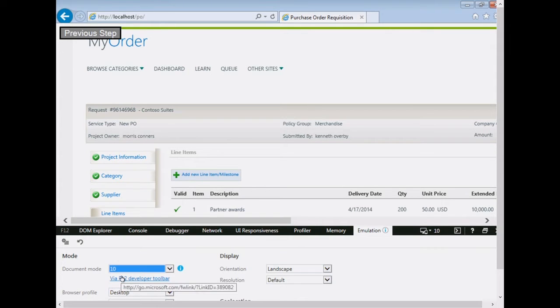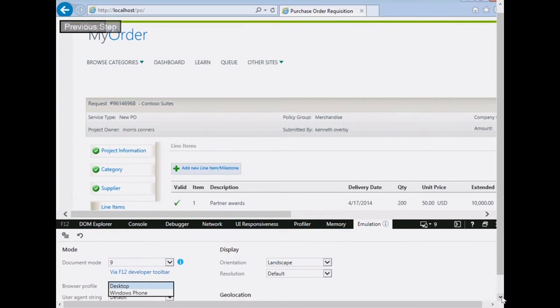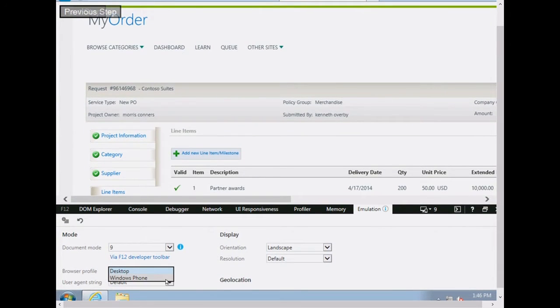We can try switching back to IE10. Still doesn't work. We can try switching back to IE9. Still doesn't work. And so on. And if we get all the way through this and find that none of these document modes work, that's when we try enterprise mode. That's when we try the higher fidelity emulation of IE8. And the way you go about trying this is by switching the browser profile. Let me scroll down a little bit so you can see the whole dialog box. Changing the browser profile to enterprise.